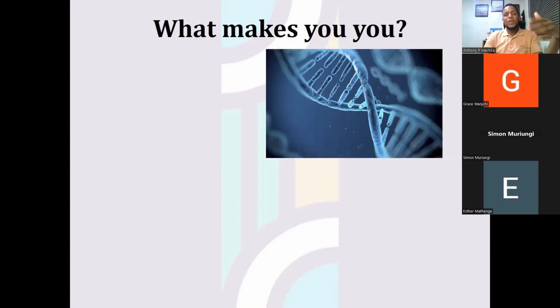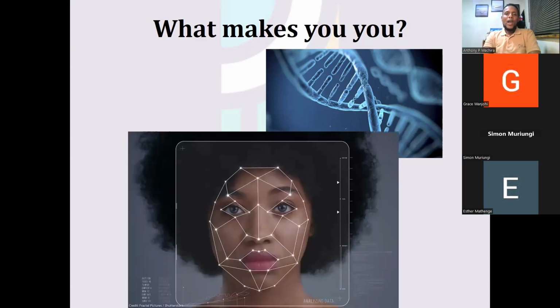Even two identical people, identical twins, identical triplets, do not share their DNA. Their DNA is as unique as anybody else's DNA. Your biometrics, your eyes. That's why when they set up biometric systems, they scan your eyes, because your face is unique. Your face is your face, even if you are identical.